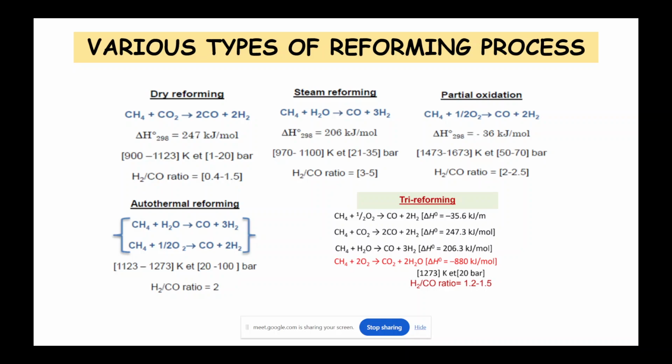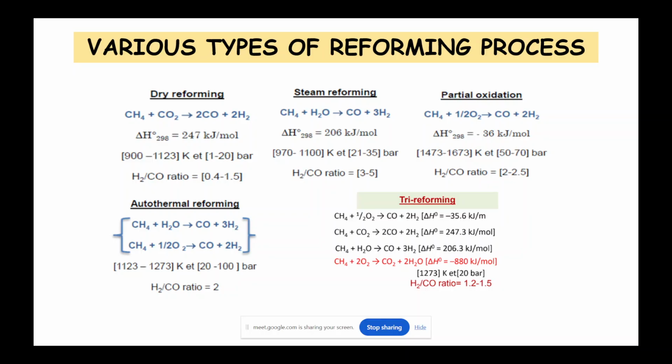Whereas in case of the partial oxidation, you are actually going to send in oxygen. However, it's not going to fully oxidize. It's not going to be a complete conversion. Whereas it's going to be an incomplete conversion. That is the reason it's called partial oxidation. You're not going to completely oxidize the mixture. So that is the reason you are actually ending up with the carbon monoxide. Because if you happen to send in stoichiometric quantity of air, then the CH4 may be converted to CO2 and H2O rather than converting to CO and H2. So for that you basically supply less than the stoichiometric air requirement for the conversion of methane into carbon monoxide plus hydrogen gas.